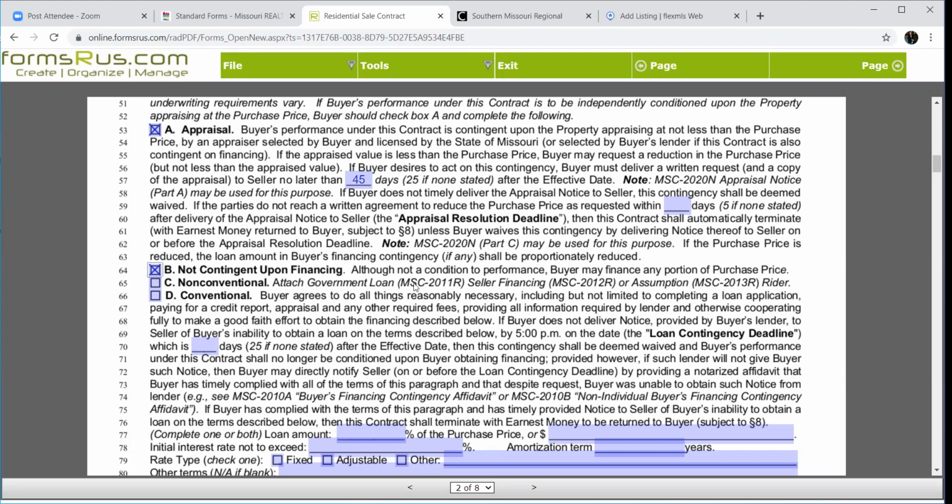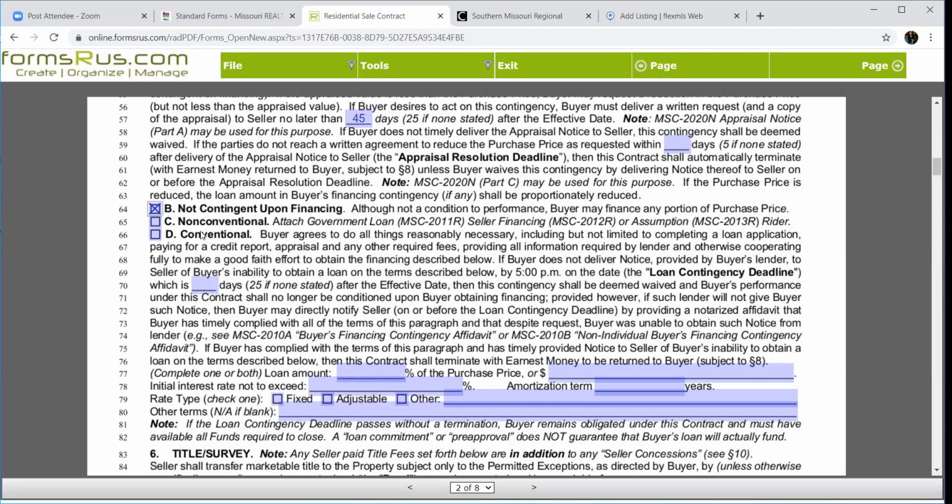Much of the language contained in that rider will look very similar to this next paragraph for a conventional loan. So if we're doing a conventional loan, same thing here. I want you to extend this time period out to your closing. Because if you haven't experienced lenders yet, you will, and you will discover that 25 days is going to be really hard to get done.